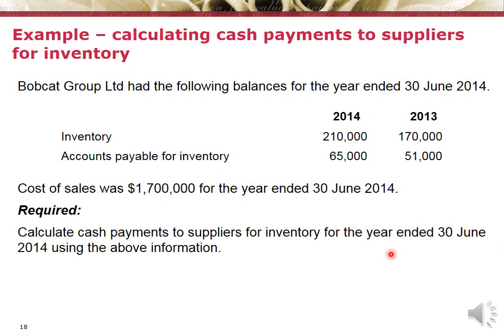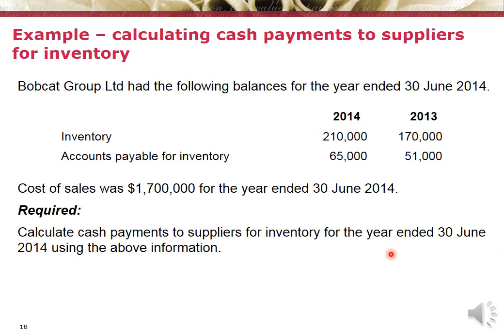Now looking at another example which involves the cash payments to suppliers for inventory. This will be an outflow from operating activities, and the information provided says that Bobcat Group Ltd had the following balances for the year ended 30 June 2014. They're giving us the inventory opening and closing balance and the accounts payable, which directly relates to inventory. We've also been told what the cost of sales was for the year ended 30 June 2014. With this information we need to calculate the cash payments to suppliers,